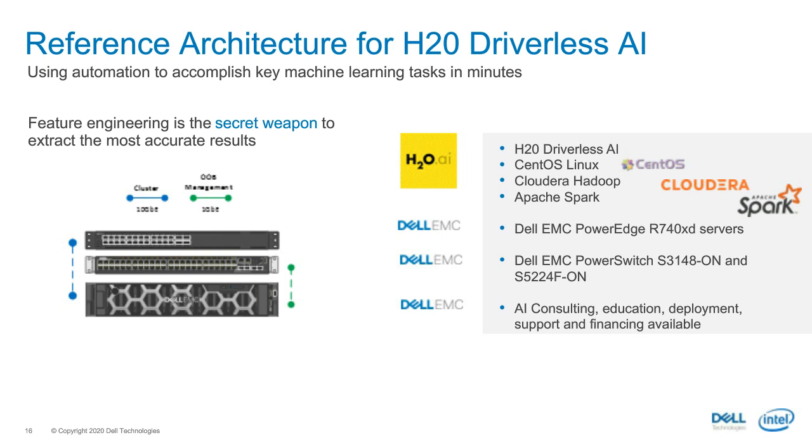And this is a tool that has a graphical interface that is targeted for citizen data scientists. But as I mentioned, it can be leveraged by your expert and experienced data scientists to do a lot more, understand the models, document the models, and put them in production as well. So this is actually running on a single R740 server. Driverless AI today, the product doesn't use multiple servers. It leverages multiple cores and multiple CPUs, but on a single system.